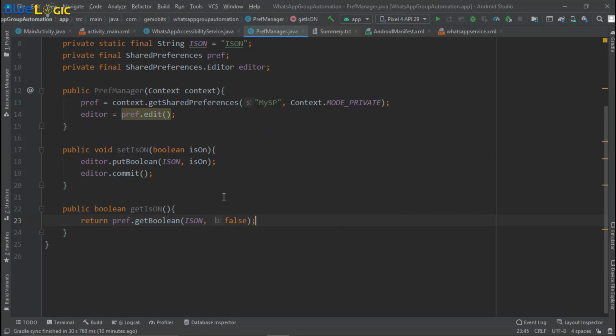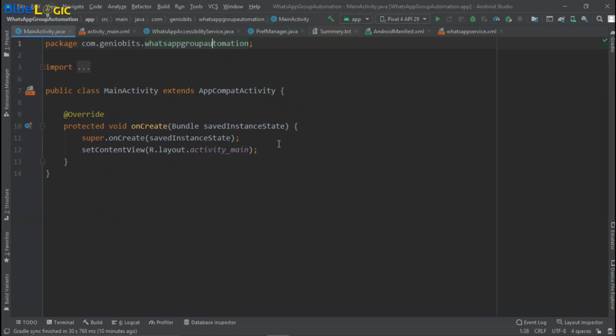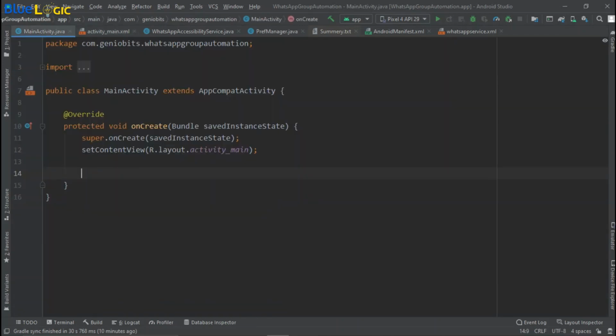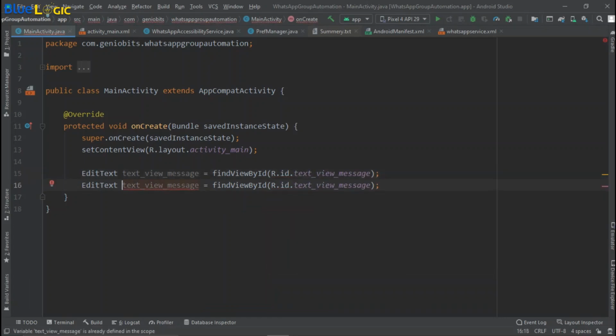So we have set our preference manager, we just have to call it from our main activity. And also we have to register all these text fields and buttons. So I'll just add it, that is EditText and findViewById, and then I'll just duplicate it.